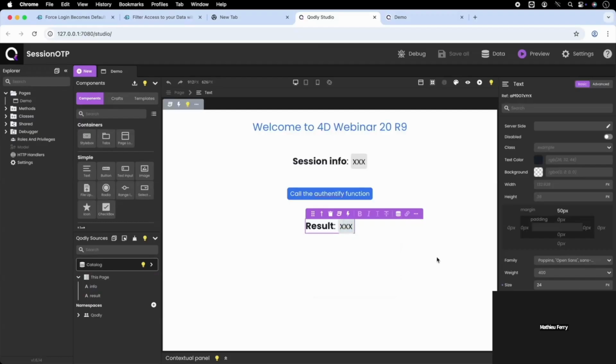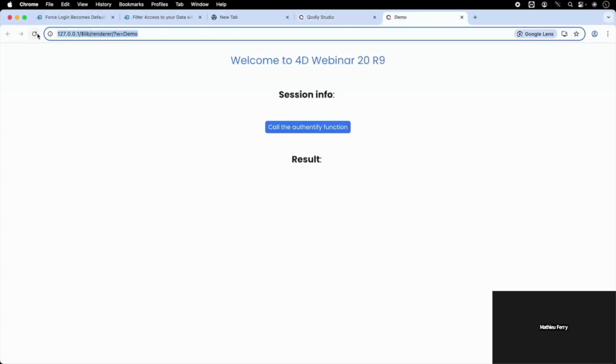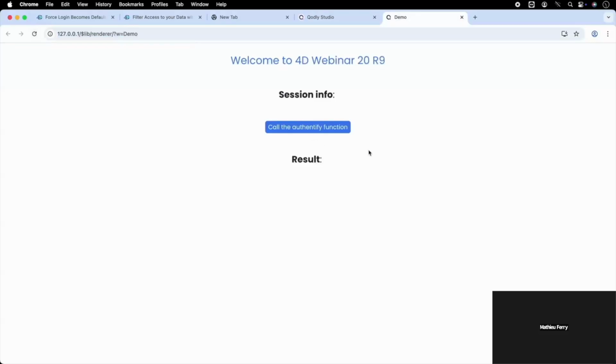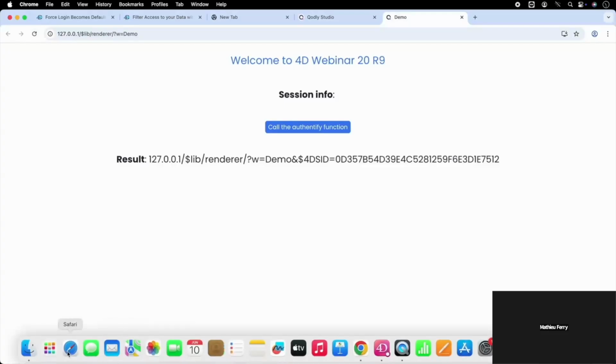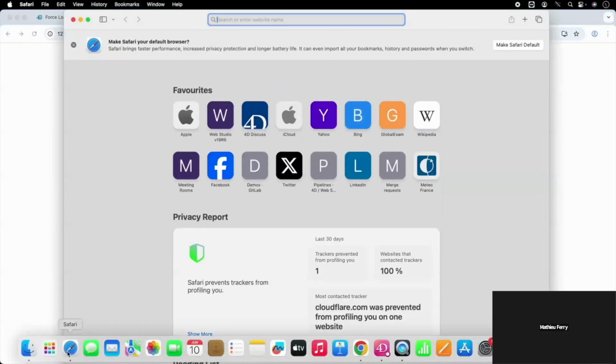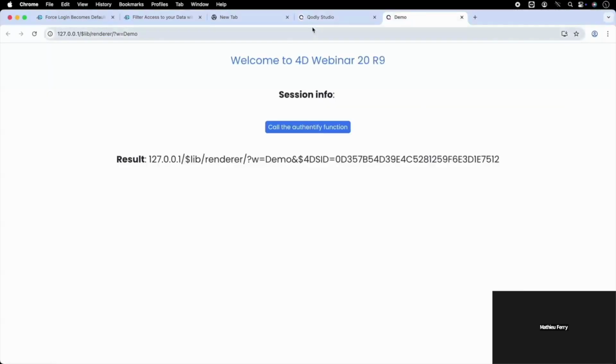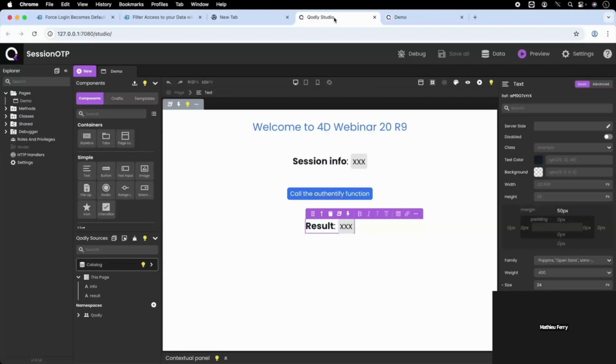So now let's test the page again. I click on the button. Here is my result link, and I now open another browser, Safari for example. I could also open a private navigation window in the same browser. And I'm going to paste this link. Remember, it is copied in the passport, but before pasting the link,